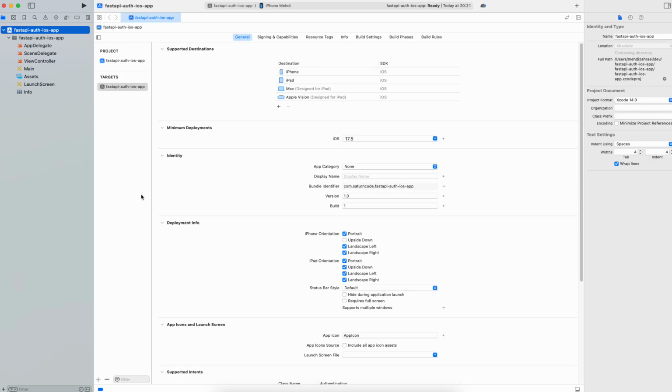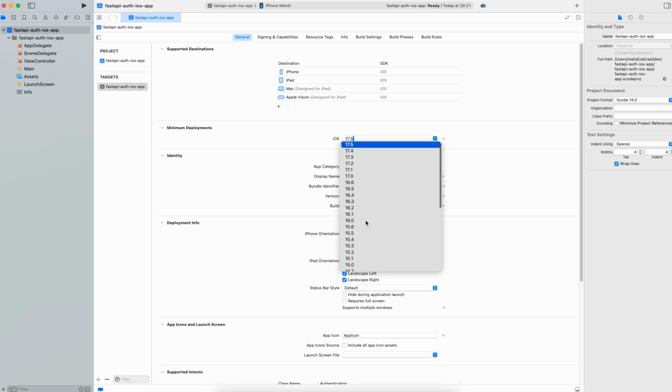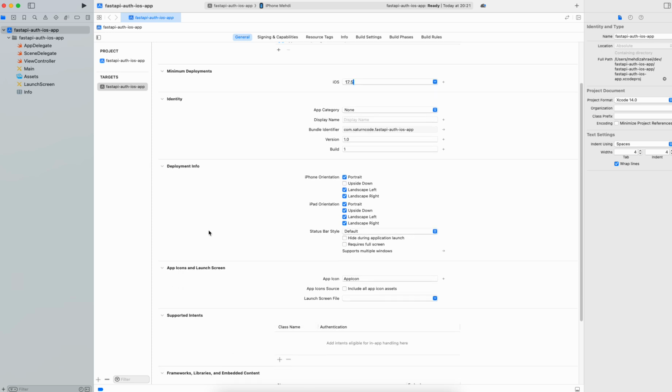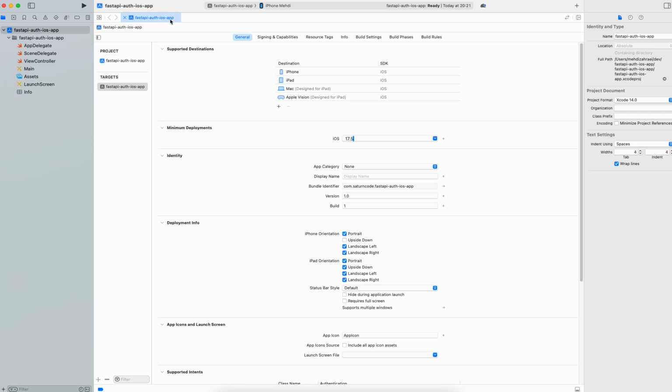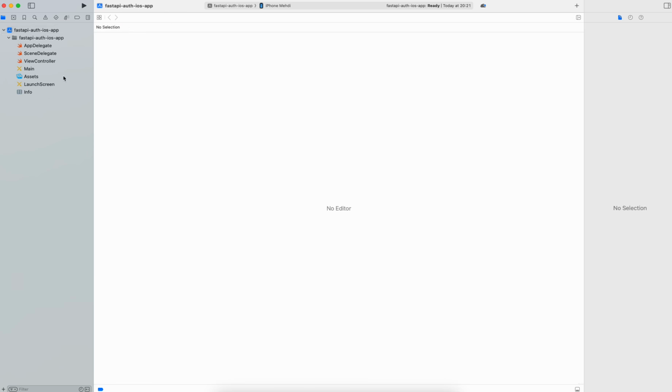Okay, great. In info, we don't need to change any settings, or if you want to choose which SDK can support this application, you can change it, or the minimum deployments. You can see you're allowed to choose which version of iOS we support for this application. And actually we don't need anything else important. It depends on you and your project what you want to change. And the next step,